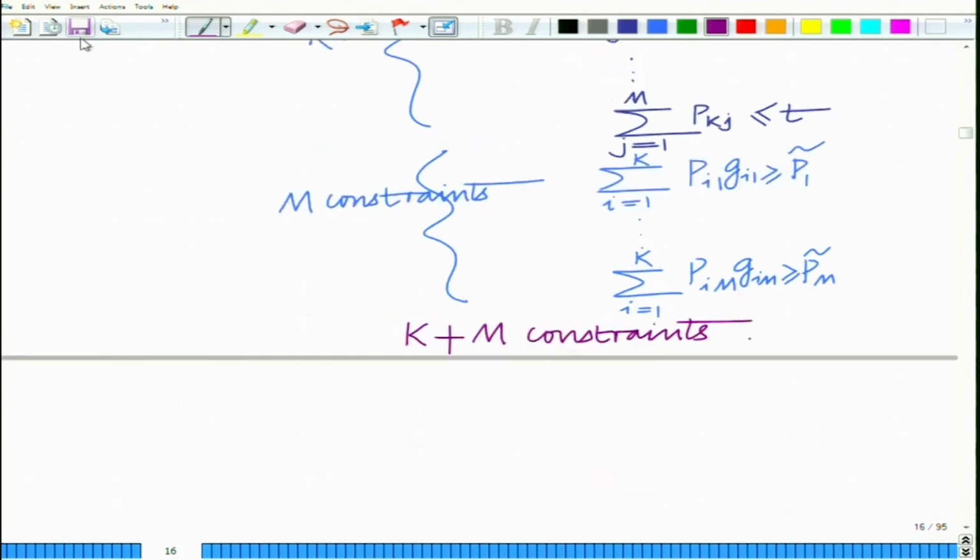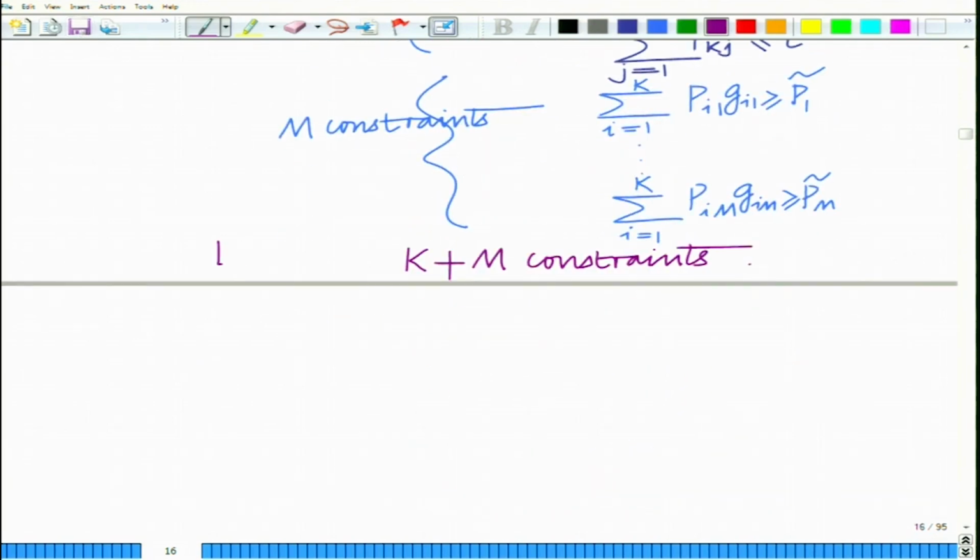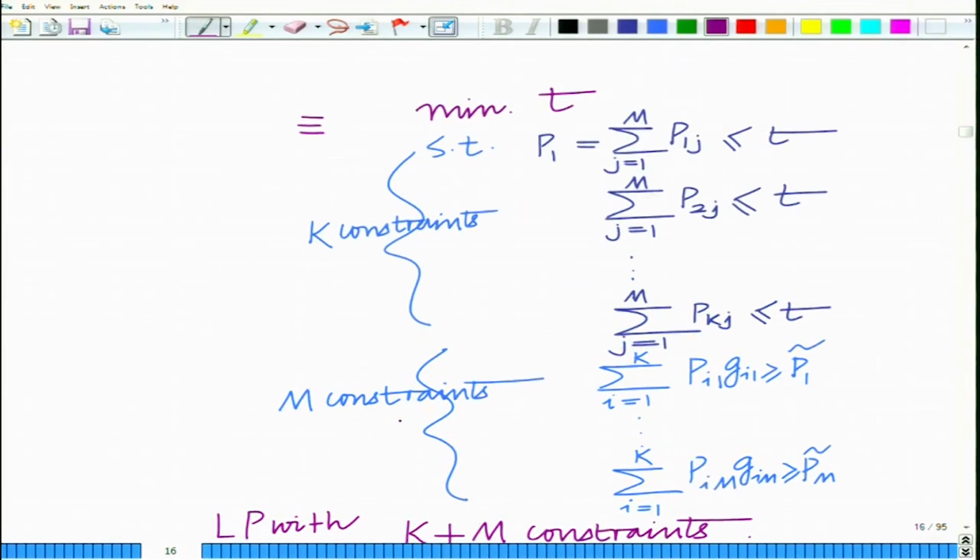So, you can write the minimax, so this is also an LP. You can see all these constraints are affine. So, therefore, the minimax problem